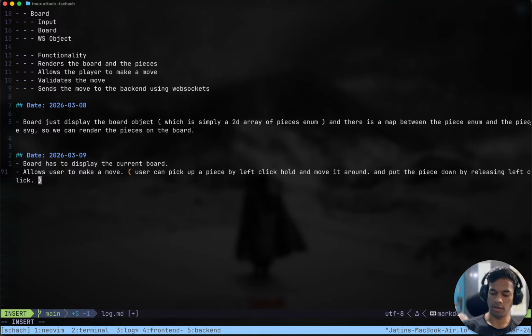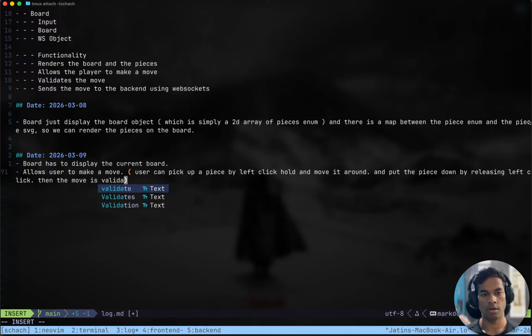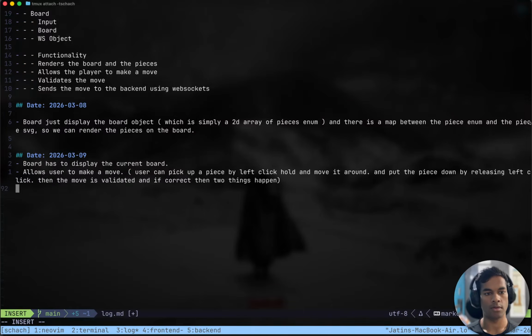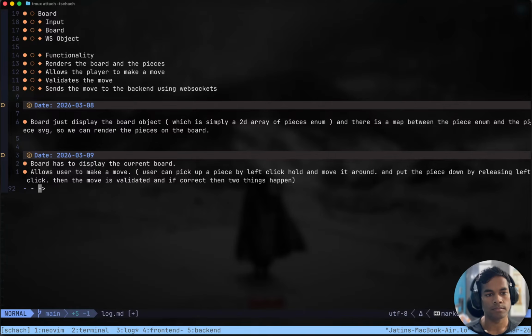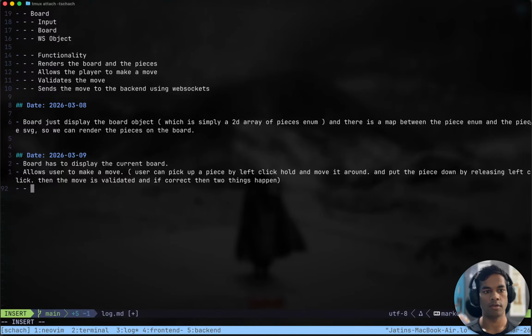By releasing left click, they put down the piece, and then the move is validated, and if correct, then two things happen. One is the move is sent to the backend through the socket, and the move is shown on the board.